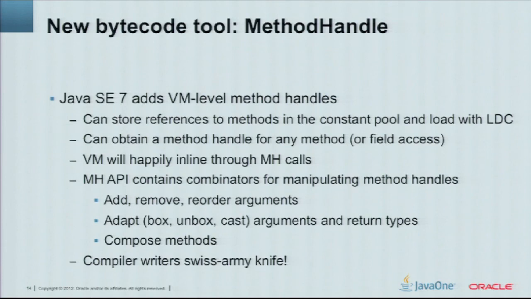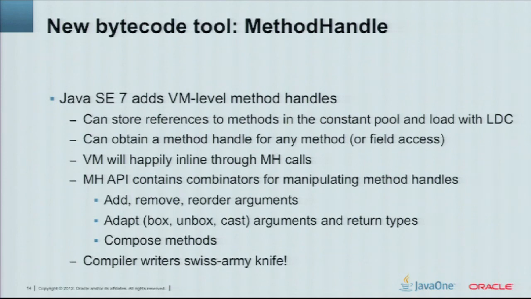One of the things that's useful about this is that you can store these things in the constant pool. And then just in the bytecode, you can use the load constant bytecode to say, get me a method handle for this method. And it's a constant load. It's very fast. Okay. You can also use a reflective-like mechanism to say, look up this method and give me a method handle for it. And the nice thing about it is, because the VM understands what it is, the VM can happily inline through